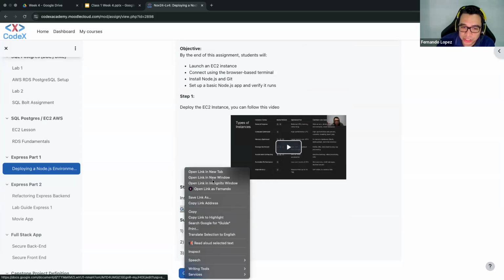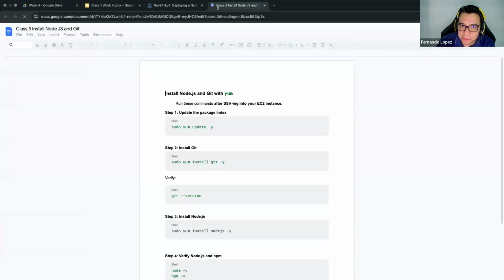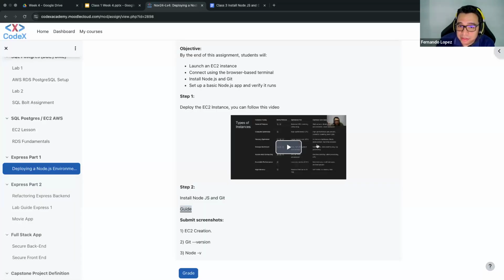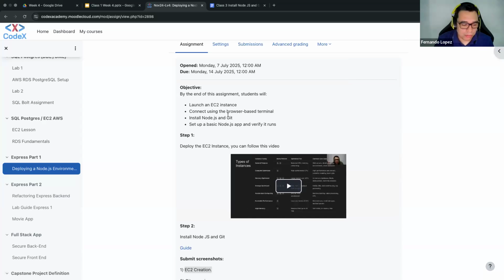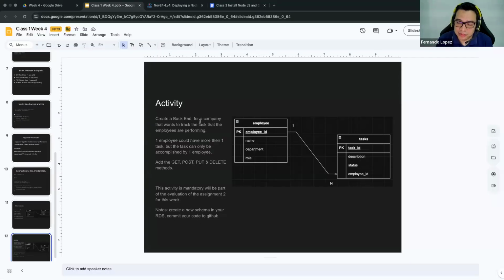I have a guide with instructions here for you, if you don't remember how to install Node.js. But I performed this installation in the video, so if you watch the video, it could help you. And once you install everything, you're going to submit this screenshot. So right now, this assignment is not so important, but you need to start working on this activity.